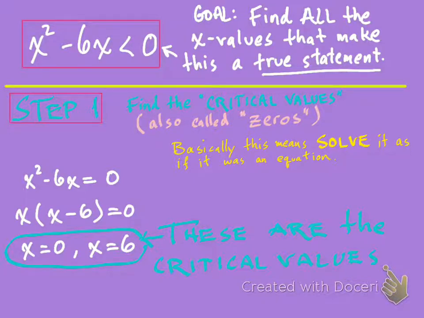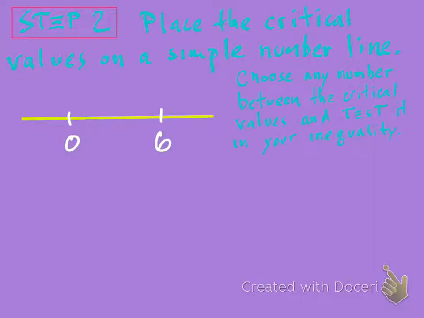Okay, so let's see. The next step there is to take these two critical values and place them on a simple number line. All right, at this point we're kind of done with the algebra. There's no more solution process using algebra here. We're going to take those two critical values, put them on a number line, and now what we're going to do is choose a number in between those two values and test it in the original inequality. All right, so now we're using arithmetic. We're going to take a number, and it doesn't matter which number you pick, any number will give you the